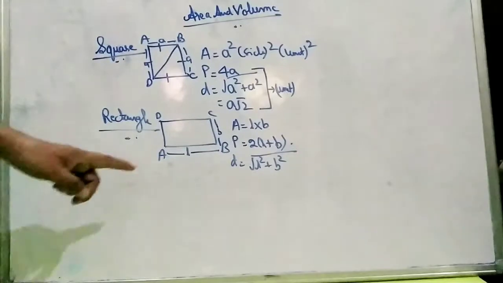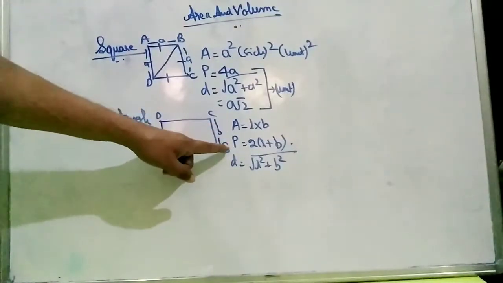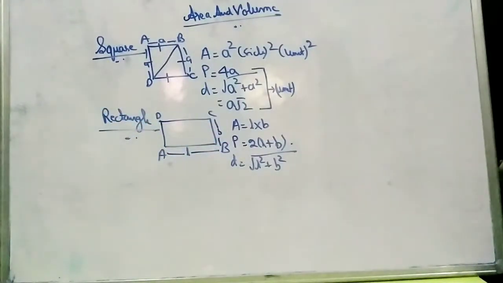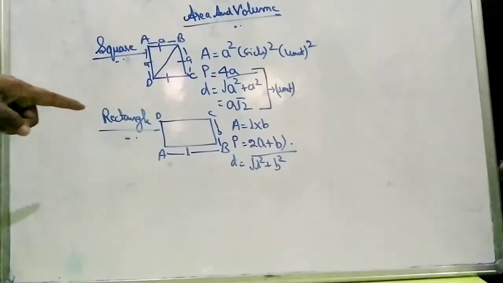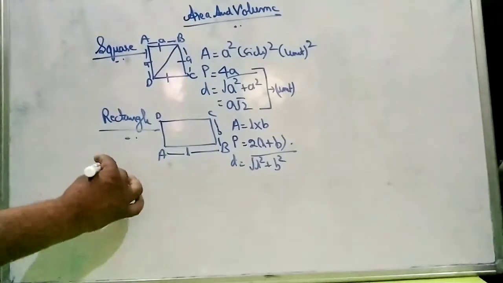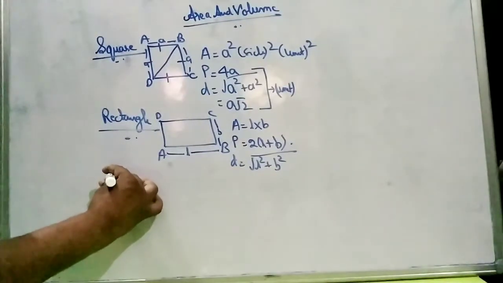These are the formulas which we are discussing right now, only the formula. There are three things which we have to calculate: area, perimeter and diagonals. Perimeter is basically the sum of all the sides of a figure. So if it is a rectangle, it is a simple one.